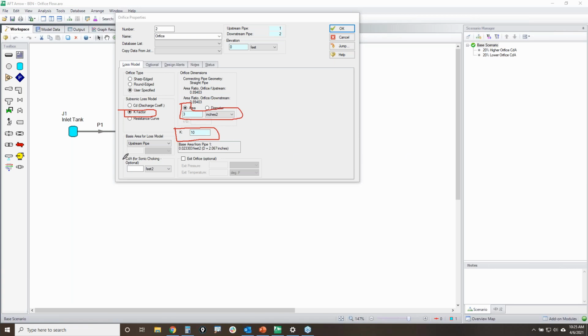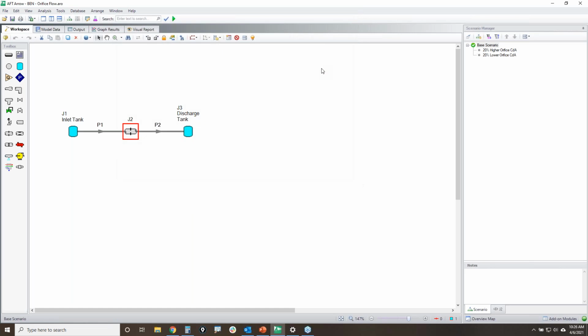Notice how I'm leaving this CDA value blank. So for right now, I'm not going to really pay attention to what the sonic choking might be through the orifice. So let's just run this as it is, based upon the K factor of 10. So when I run this,